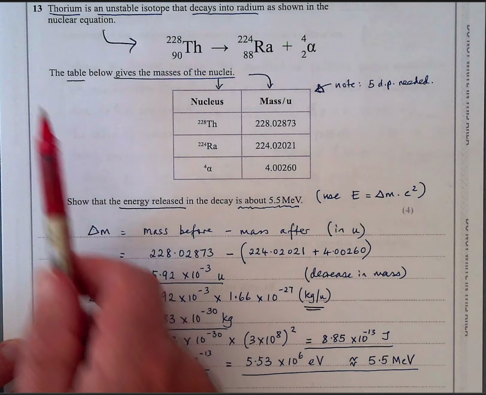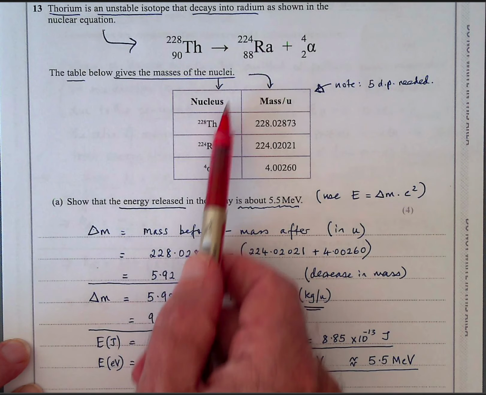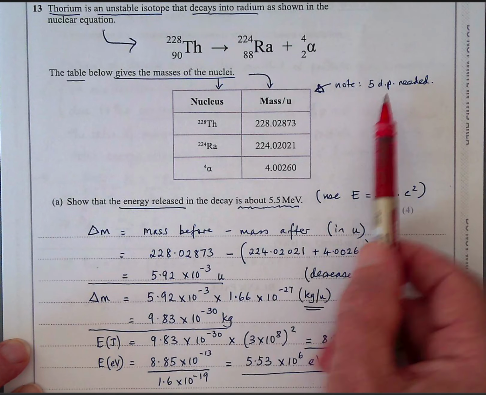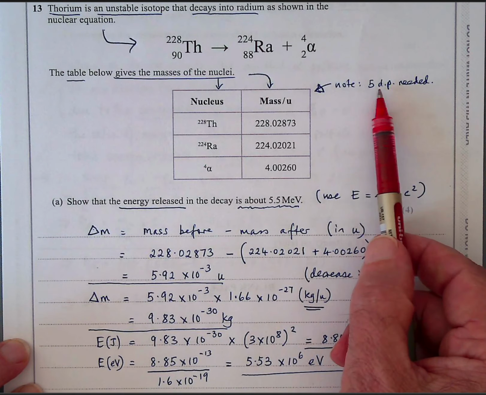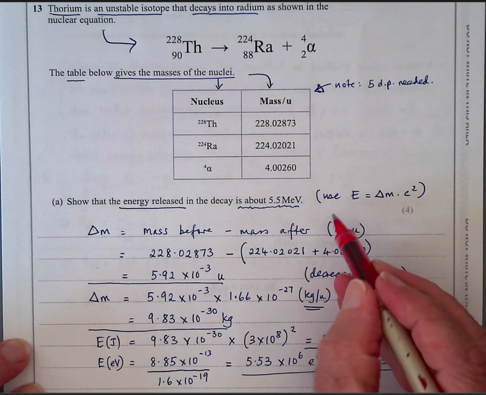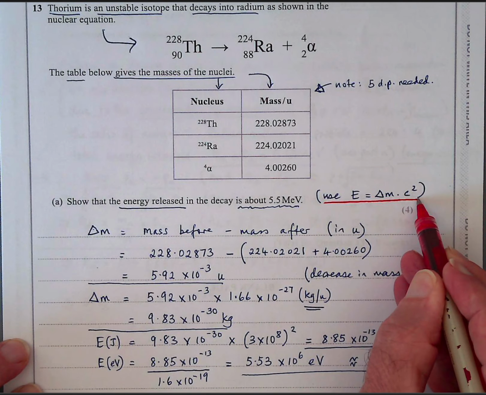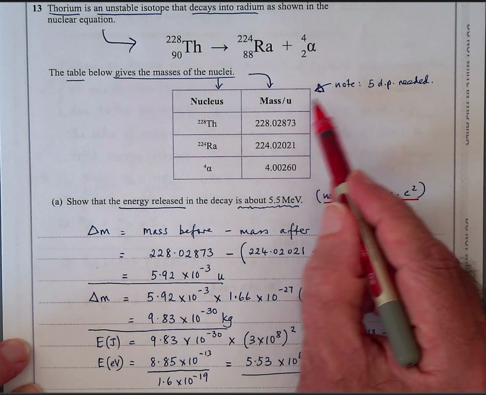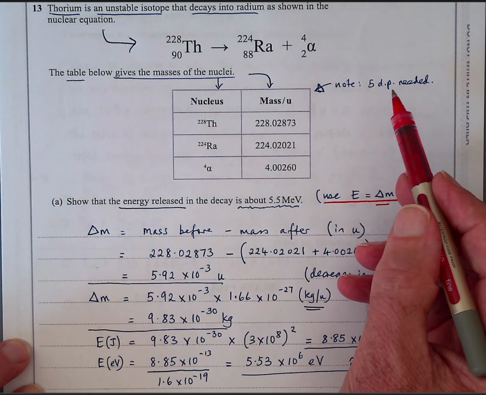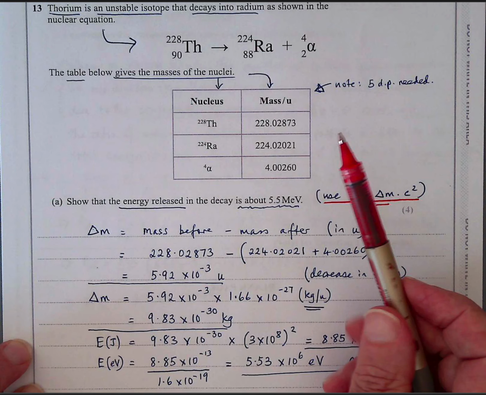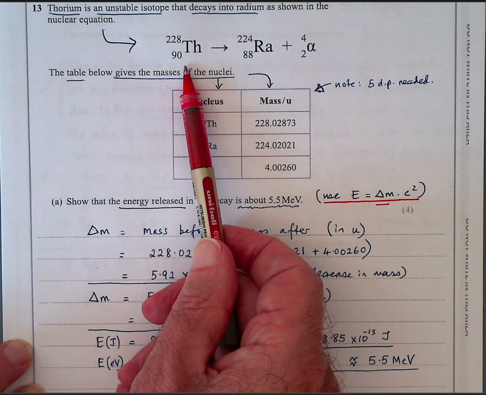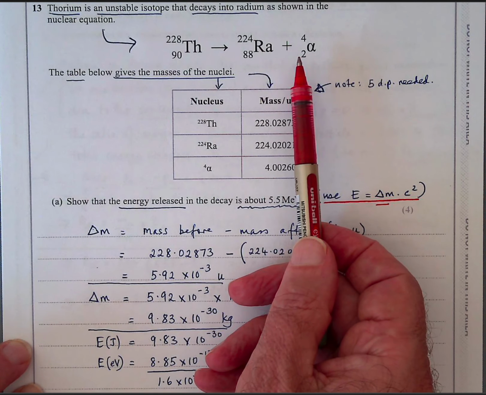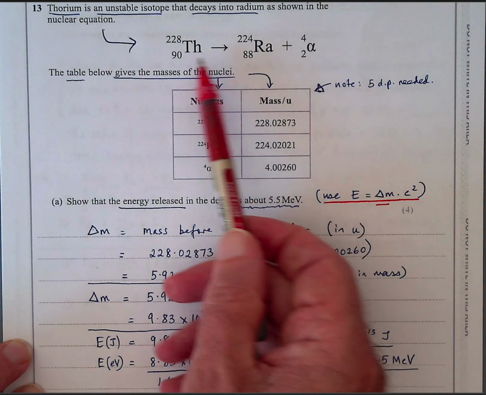Okay, so the table gives the masses of the nuclei. So thorium has 228 mass units and it's given to 5 decimal places. When you're doing this kind of analysis where you have to use E equals mc squared, the mass defect is what we're looking for. We have to have the mass as accurate as possible, because basically what happens in nuclear reactions is that the mass on the left hand side is not exactly equal to the mass on the right hand side. In other words, mass can be lost,